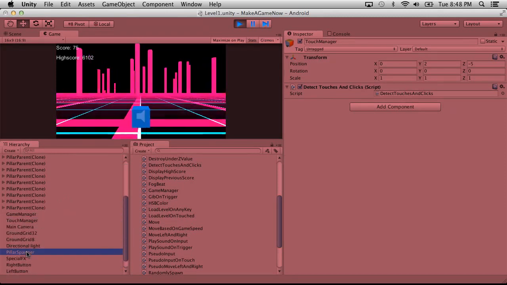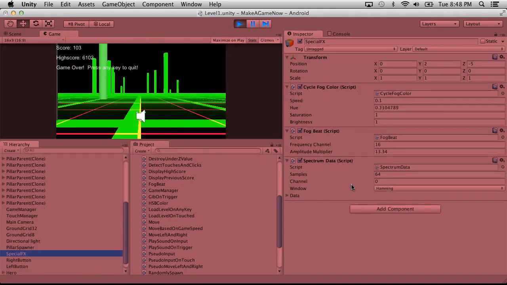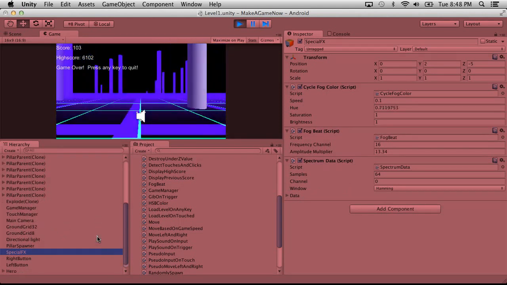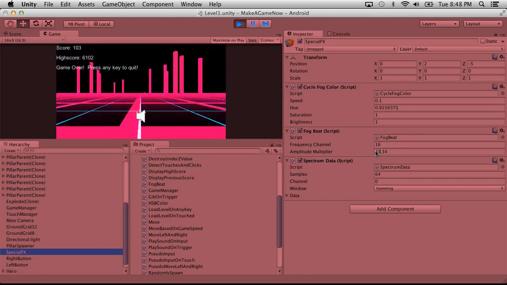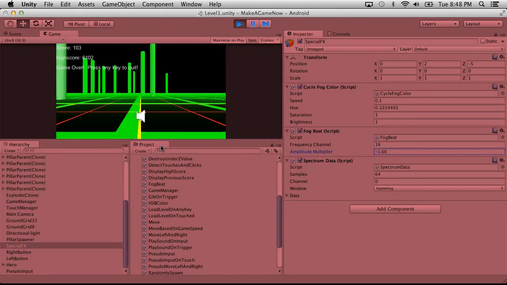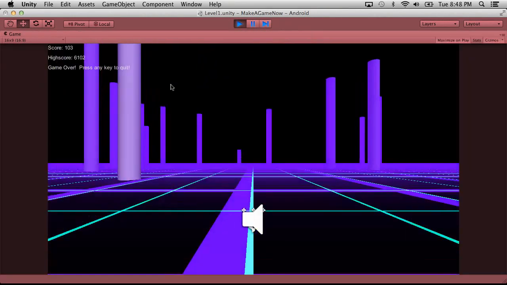So, what do we got? Special effects, spectrum data. This is not what I want. I actually want it on the fog beat. Yeah, this is actually it. So, amplitude multiplier, we could make this smaller, and then it's less seizure-y. So if we go into full screen here,